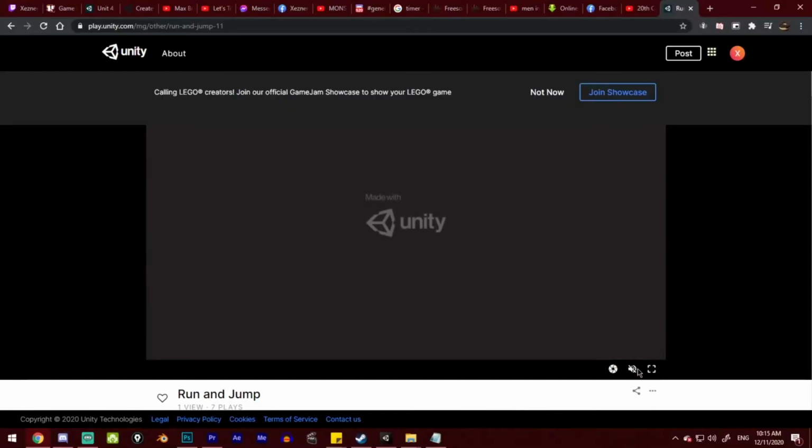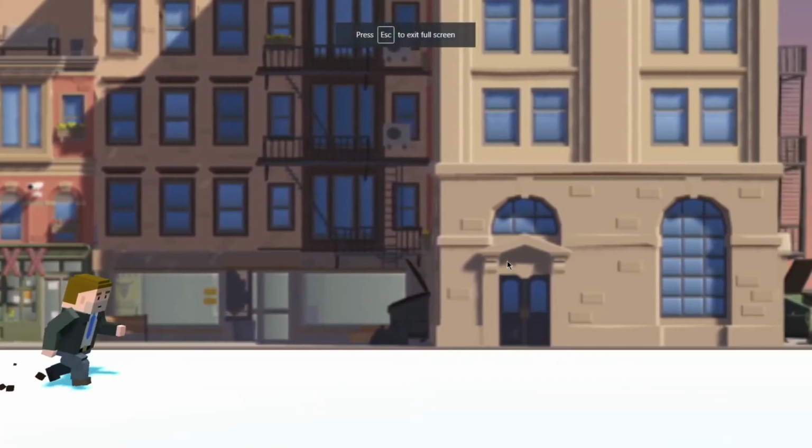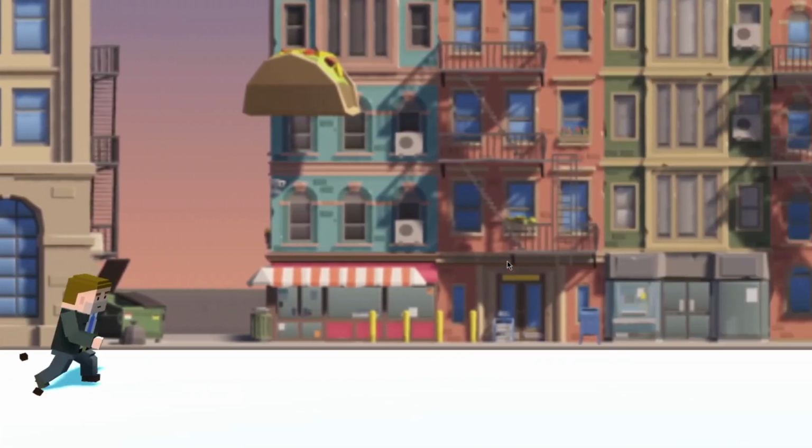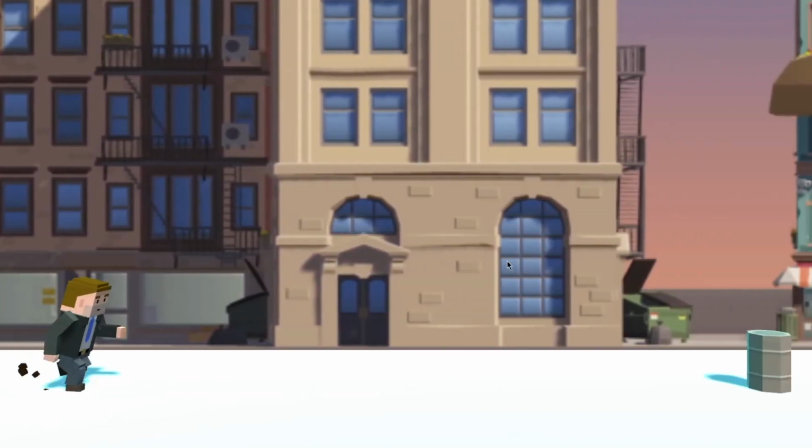So now we have a fully functional run and jump side-scrolling game complete with particle and sound effects. The game is controlled by pressing spacebar. If you want to play the game, you can do so with your browsers, and I'll be putting the links